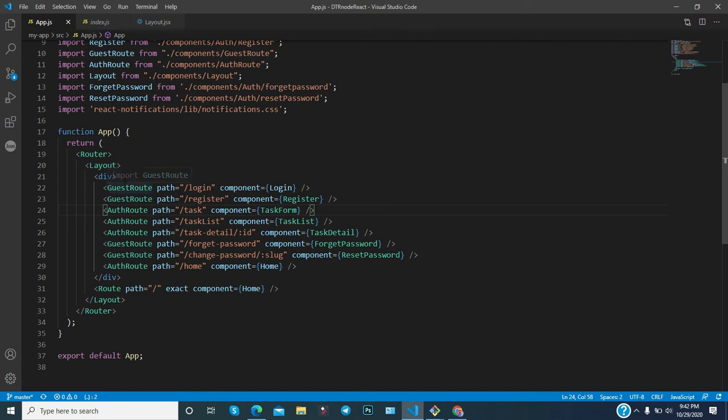Guest route means the routes which a user can visit before login. Obviously, login and register can be visited before login.